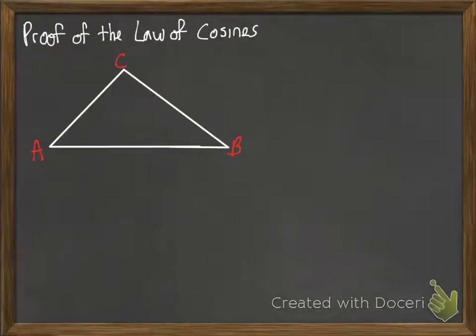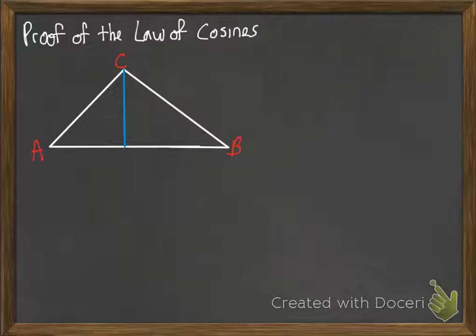Okay, in this video we'd like to look at proving the law of cosines. The law of cosines is useful for solving triangles where you know two sides and the included angle, or where you know all three sides and you'd like to find some of the angles. So I've started with just a generic triangle, ABC,